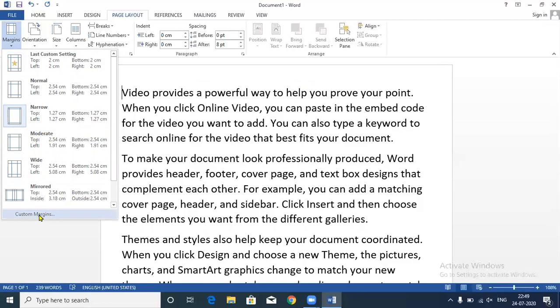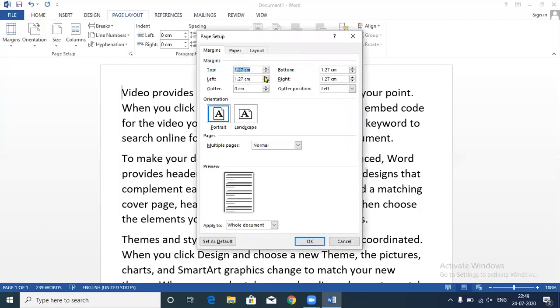You can click here on the custom margin. Here you can specify the margins. For example, from the left side, you want this much margin. You can see here the preview of the text, where your text is moving right now. The text is moving to the right side. If you want to add the right side margin, you can see your text is moving towards the left side. So the margin has been added to the right side.